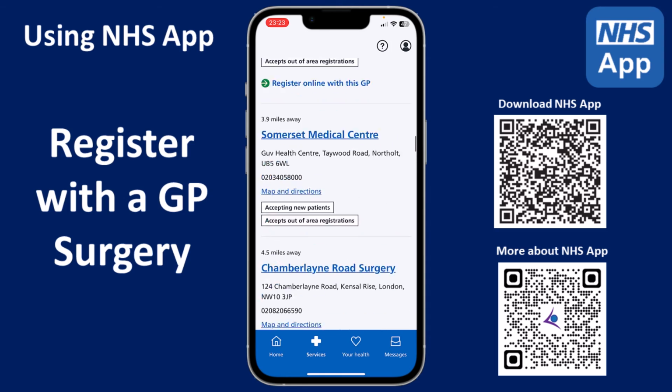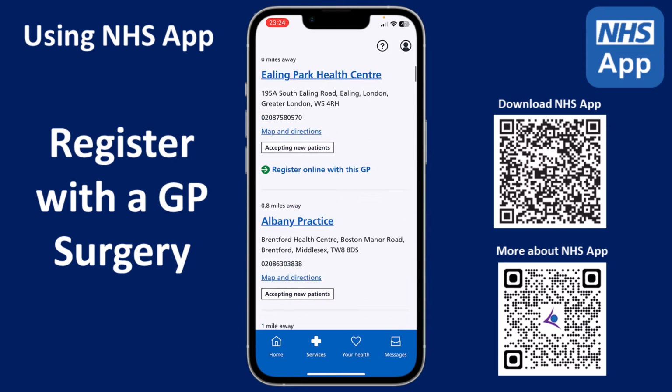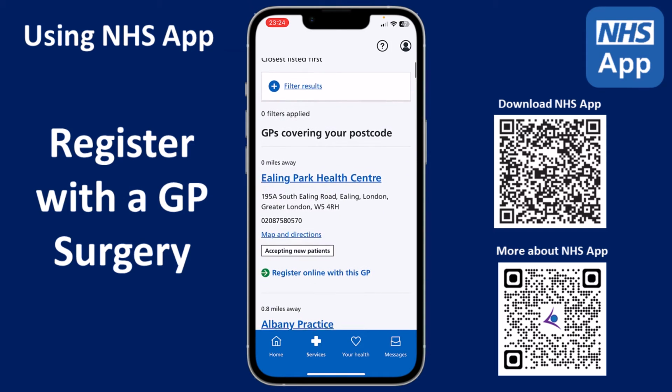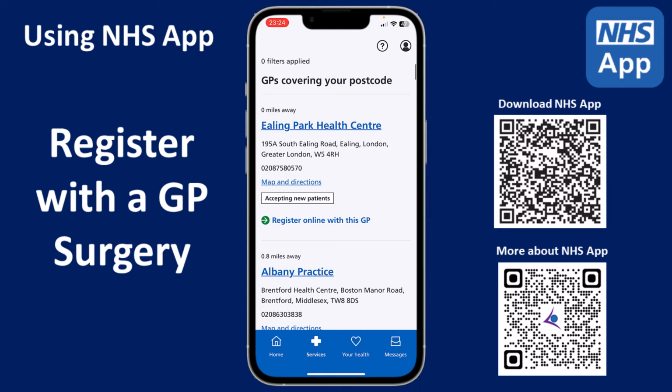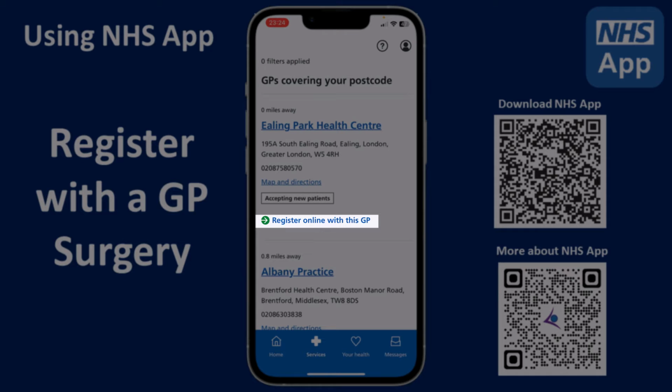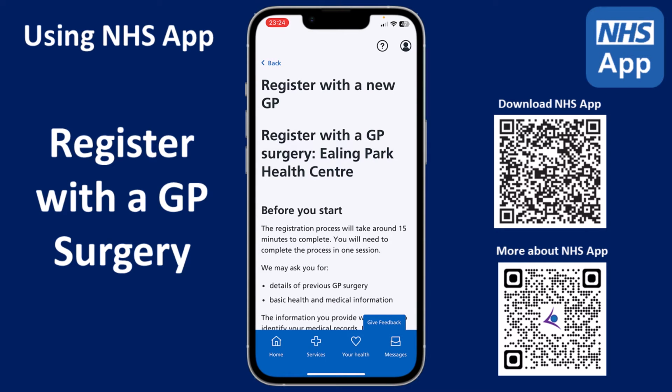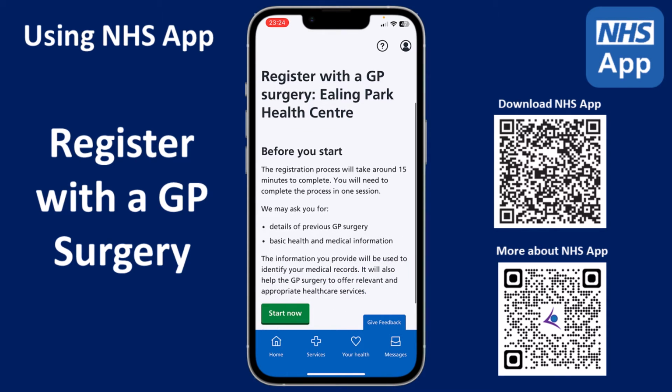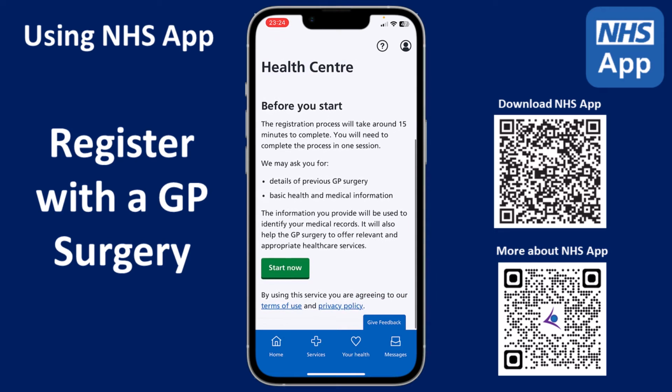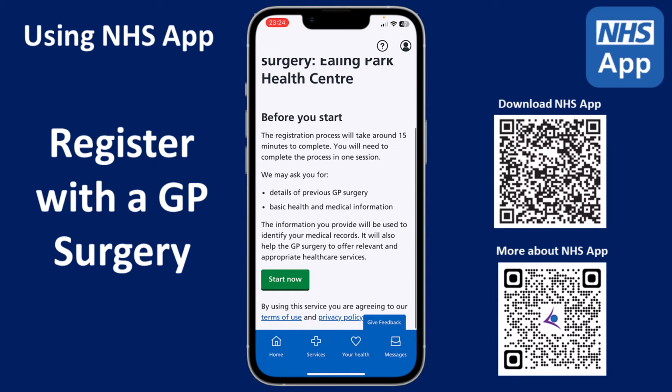If we go right back to the beginning and select that first GP surgery and tap on Register Online with this GP. Now we get some instructions. It's just explaining what information may be asked and how long the process may take. And if we tap on Start Now,